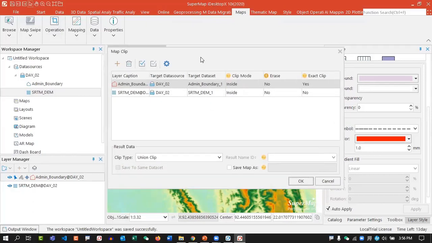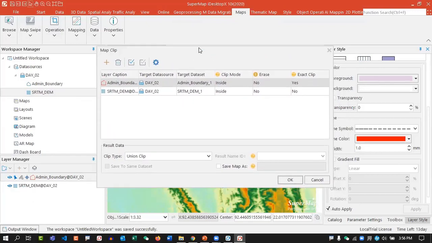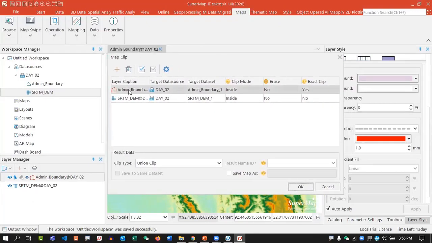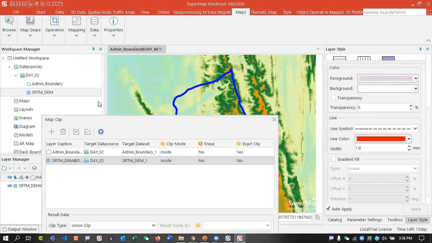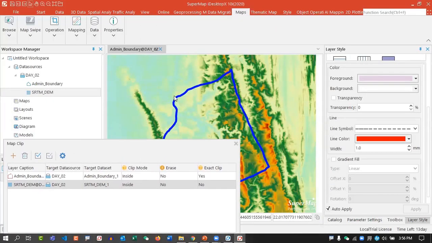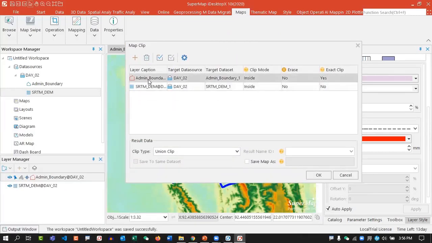After right clicking, you have a new window where you can see both of the layers. One is admin boundary and another is digital elevation model. We are only interested in clipping the digital elevation model according to this object. So I am removing admin boundary from here, and this dataset will be saved under this dataset. To do this, the target dataset will be the SRTM DEM clipped. Okay, and if I click OK,